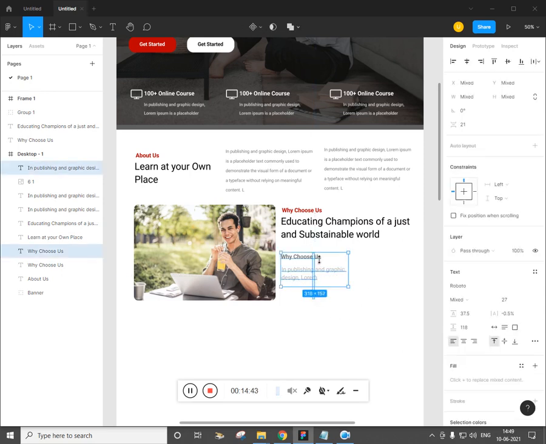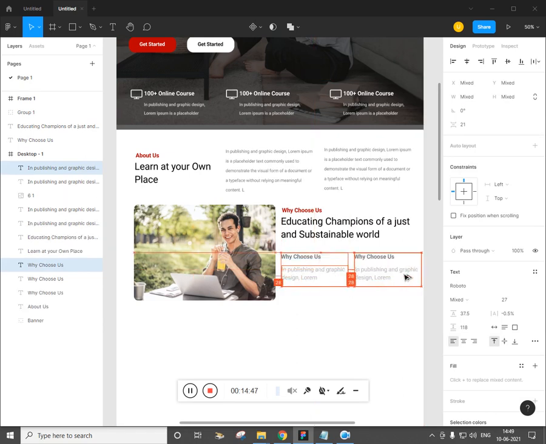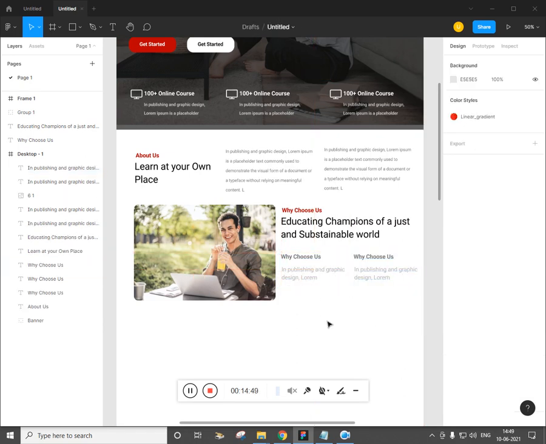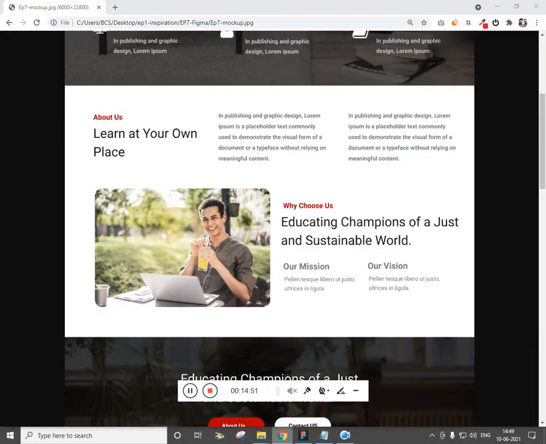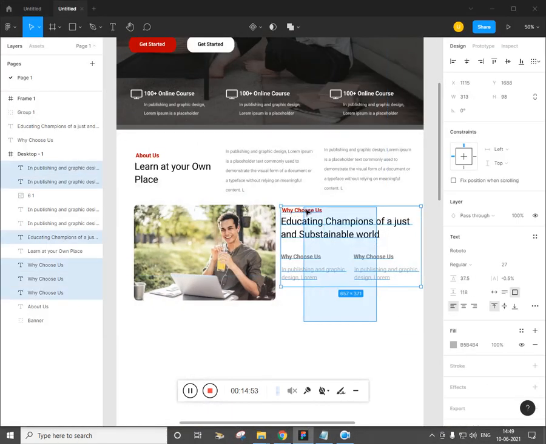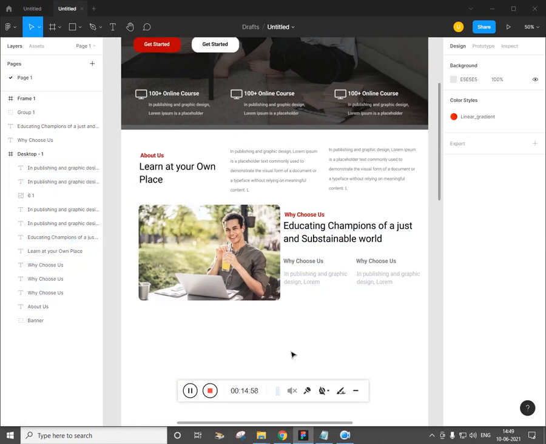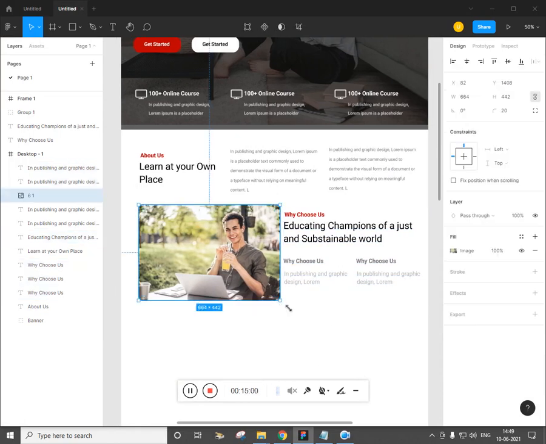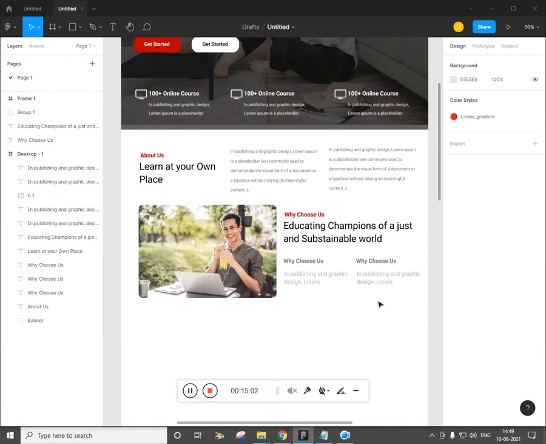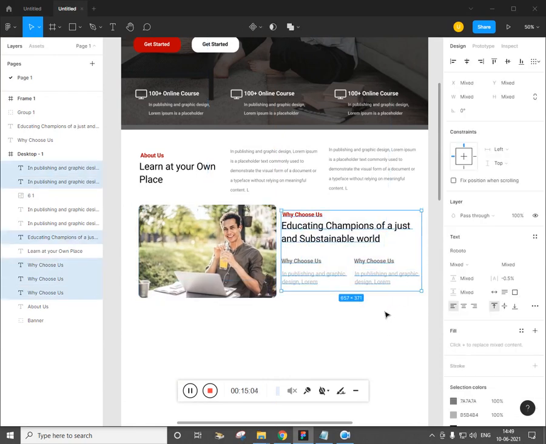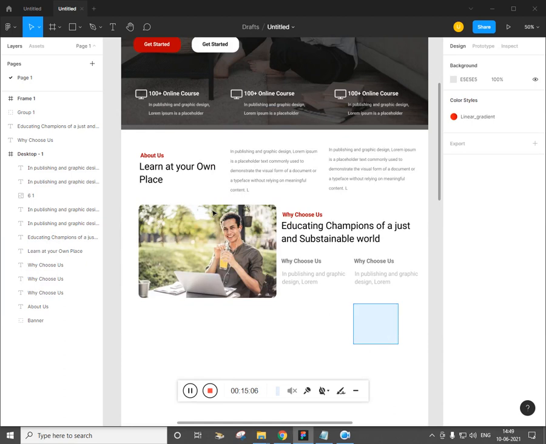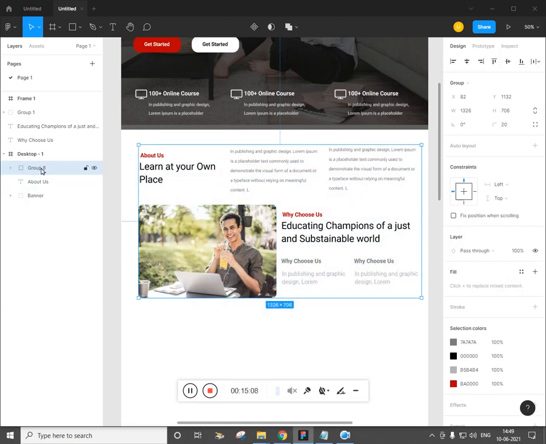Now select these two, alt drag, fine. Now select all, select this and make this smaller, select all and properly adjust it and make it as a group and call it about us section.